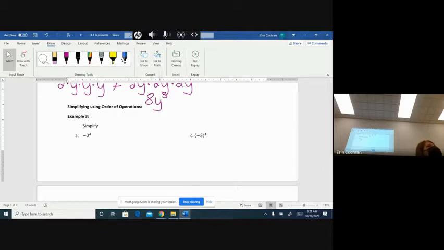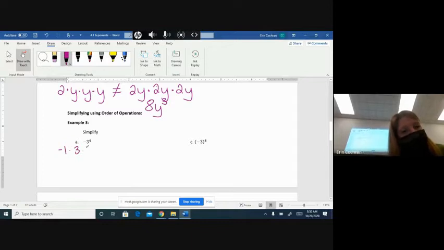So, do you think A is going to be a positive or negative answer? It's going to be negative. Is C going to be positive or negative? It's going to be positive because we have an even number of negatives, right? Yeah. Okay. Remember, A means like negative 1